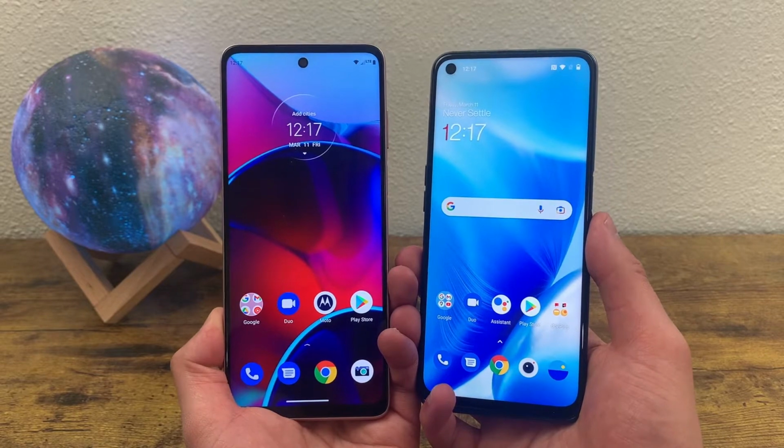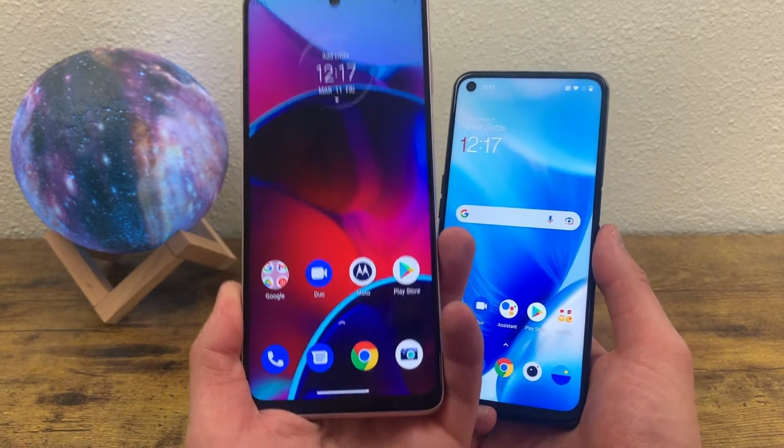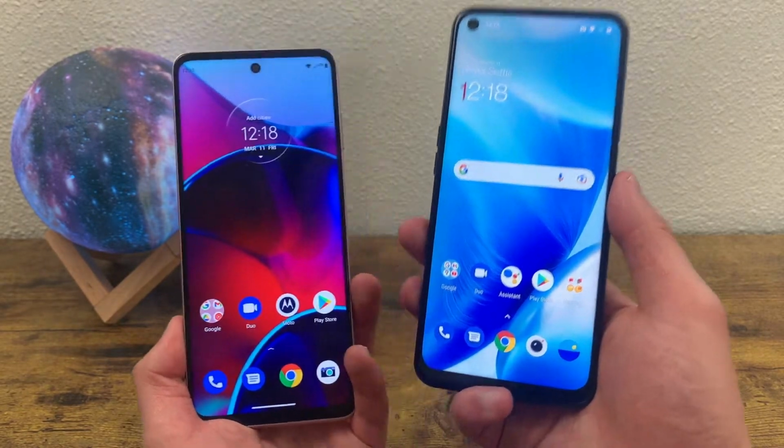In this video, we're going to be doing a comparison between the Motorola Moto G Stylus 2022 and the OnePlus